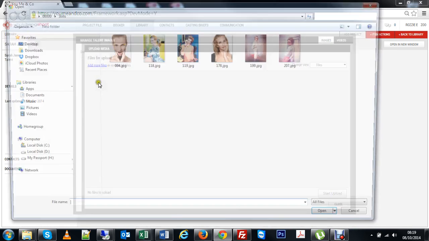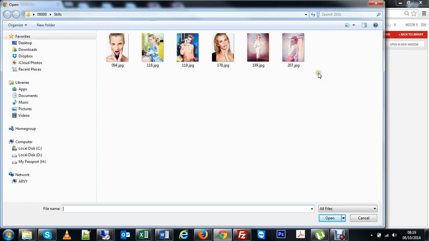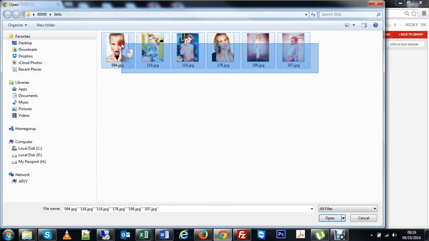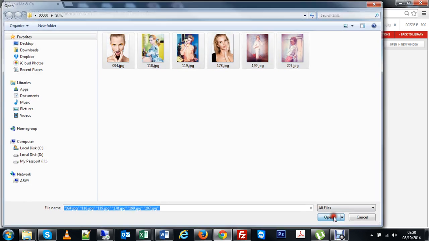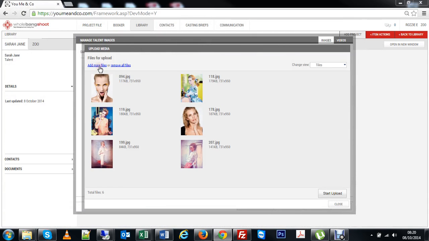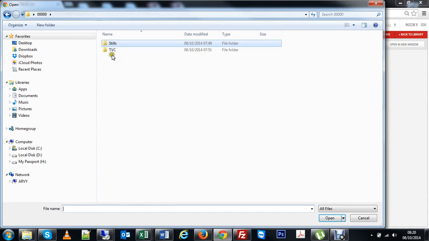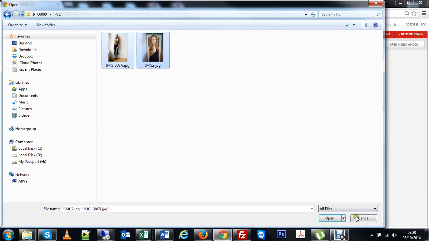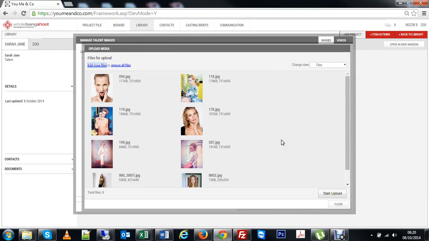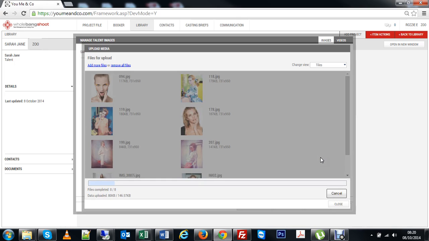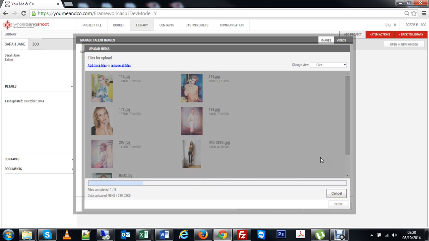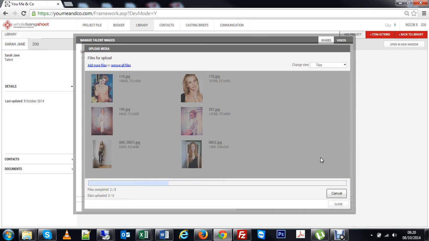media. So I'm going to add files, and in here what I've done is collated some random imagery to represent the stills, and I've done exactly the same thing to represent the Polaroids for TVC. So I can pull all of the imagery for one person on one upload and then organize that imagery once it's uploaded. I click the Start Upload button, and it's actually quite interesting to note that all images that you